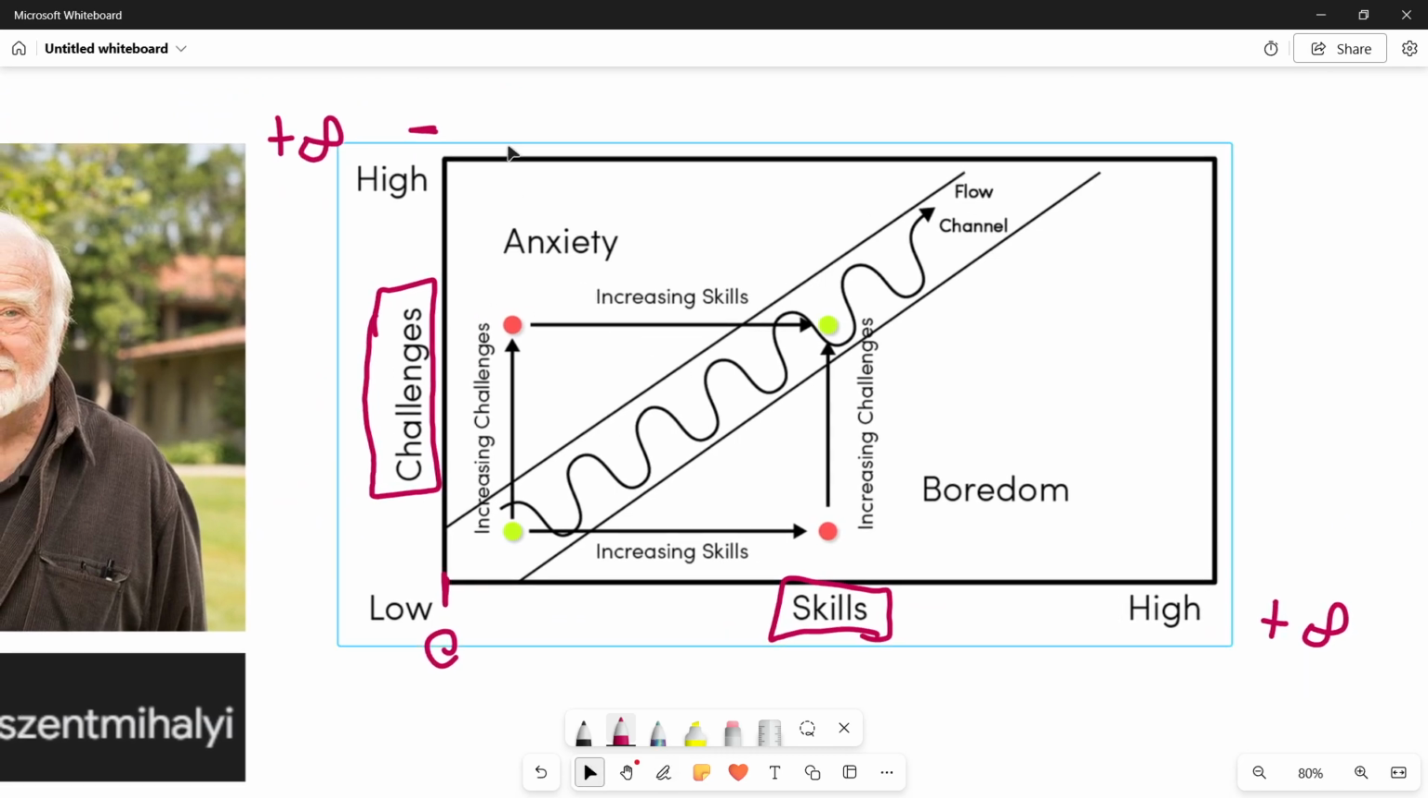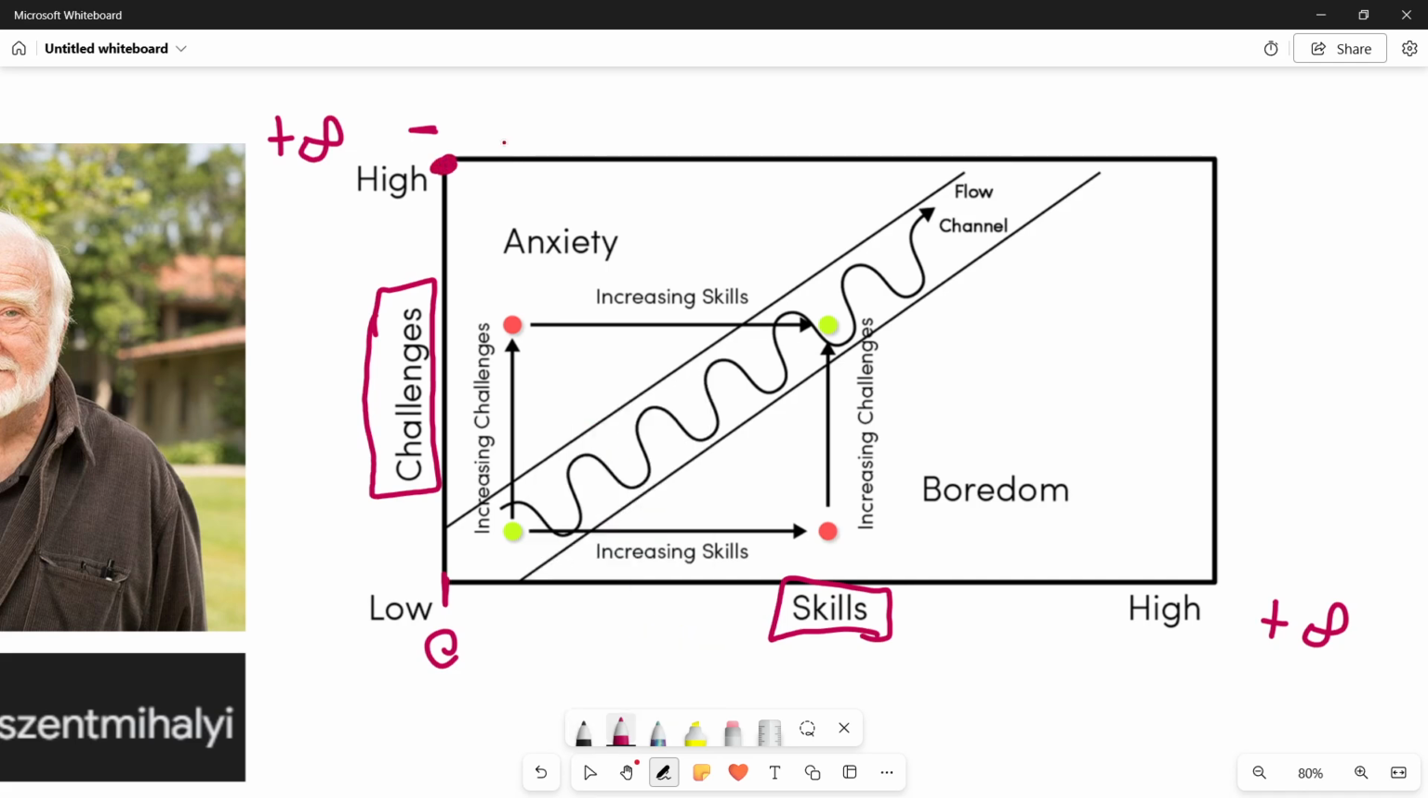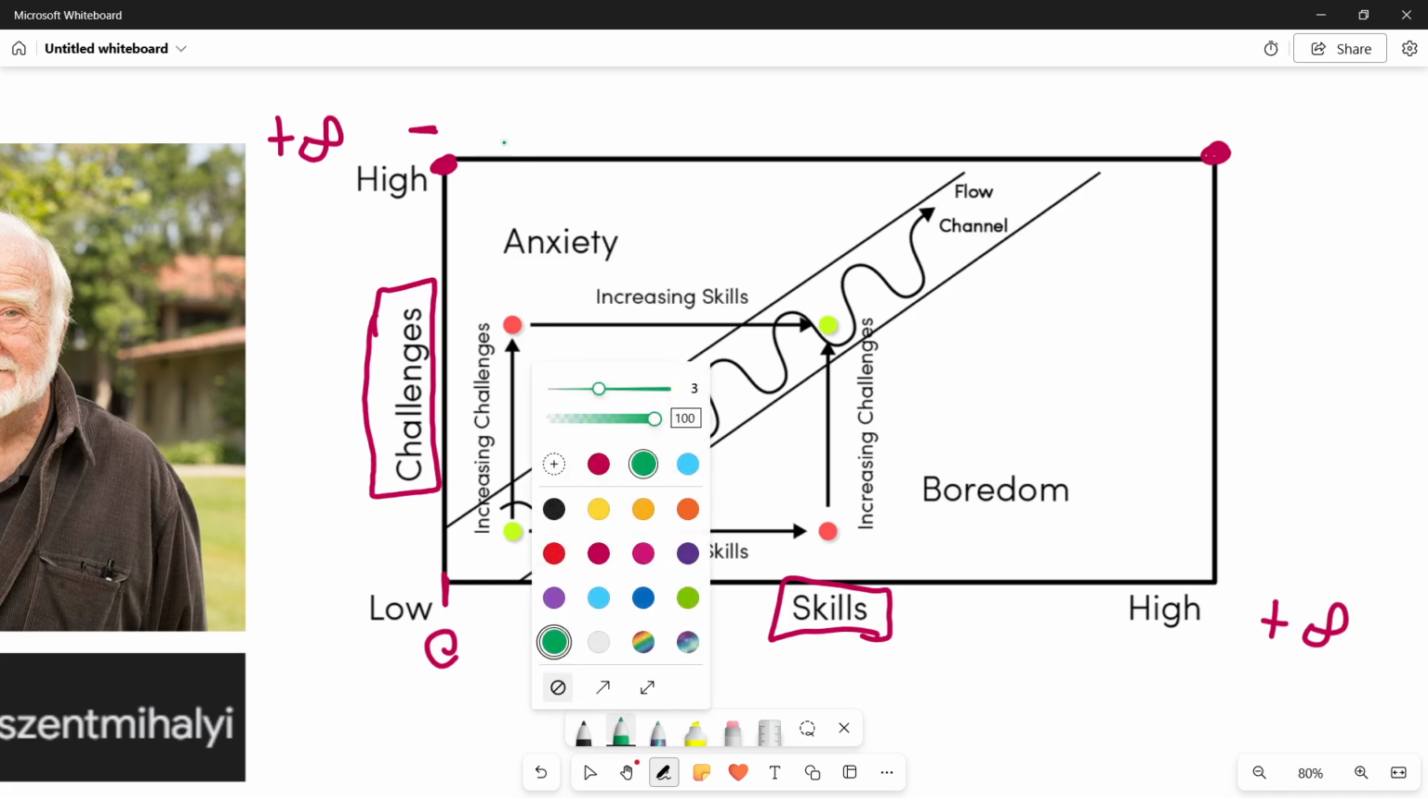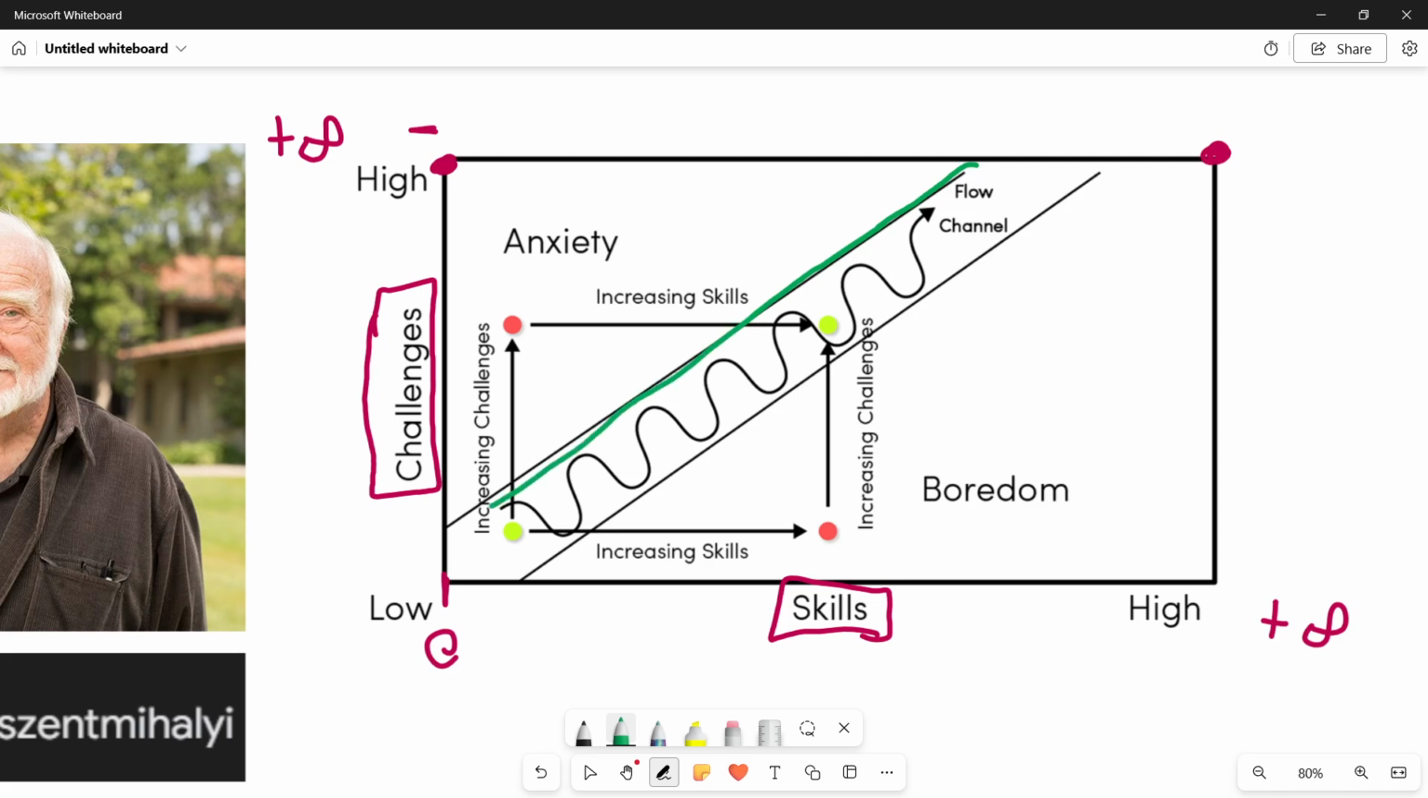So basically, the more we go to this point over here, the lower skill we need, but the more challenge we face. Whereas if we go to this point over here, we have to have very high skills, and we also have very high challenges. So what this graph will tell you is that what we have in this channel over here, in this part of the graph, is what is called the flow channel,